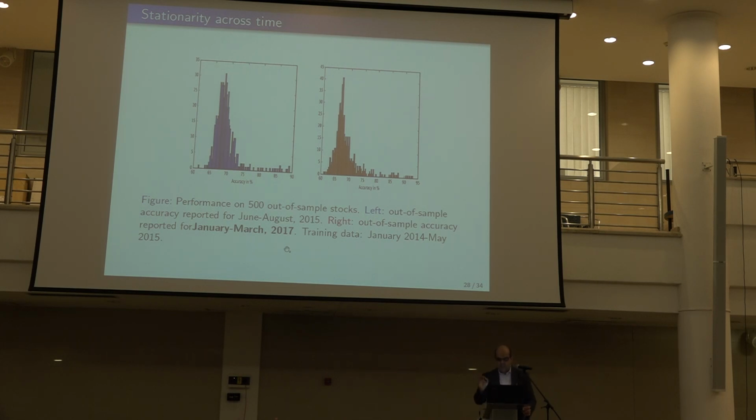So what I'm saying is that you train it in 2015, then you turn off your computer, you go on vacation, you come back in January 2017, you use the same forecasting model with the same parameters, no update, to forecast price from order flow between January and March 2017. So 18 months later. And the performance is really the same. It's comparable. There is no decay in performance 18 months after training.